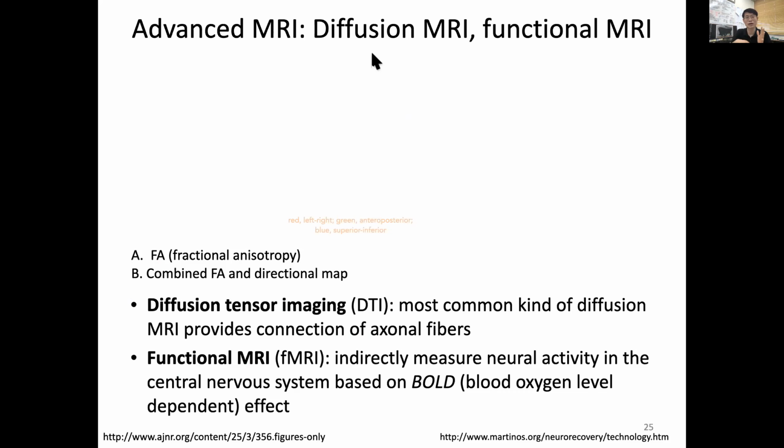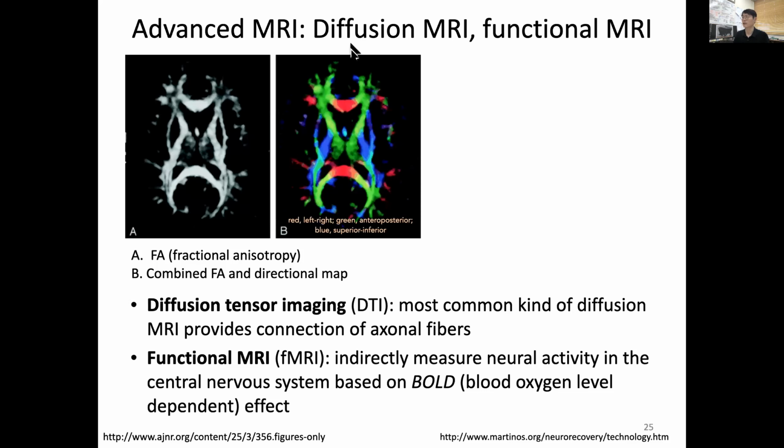There are many other ways of performing an MRI scan, and a variety of information can be achieved, such as not only structural but functional aspects. So here I want to discuss diffusion MRI. Specifically, we call it DTI, or diffusion tensor imaging. This is the most common form of diffusion MRI, and it provides the connections inside the nervous system,